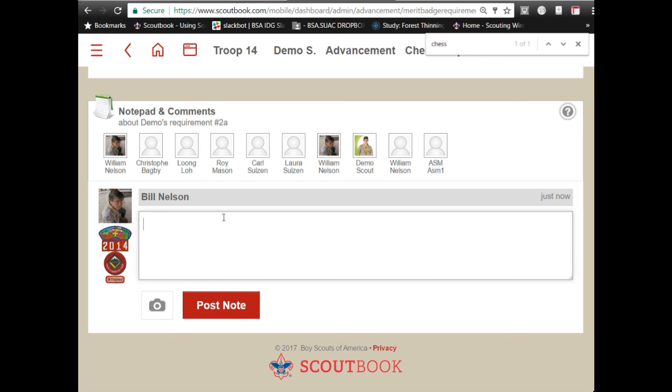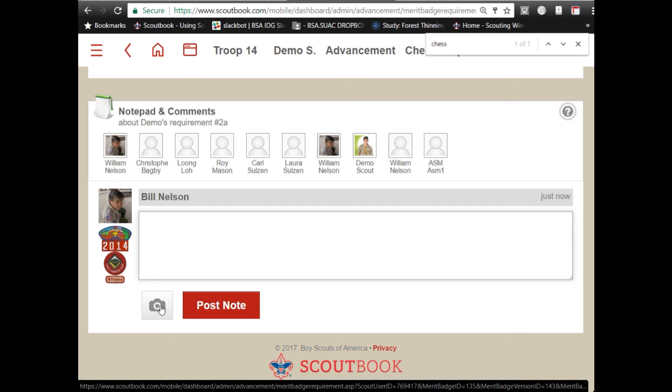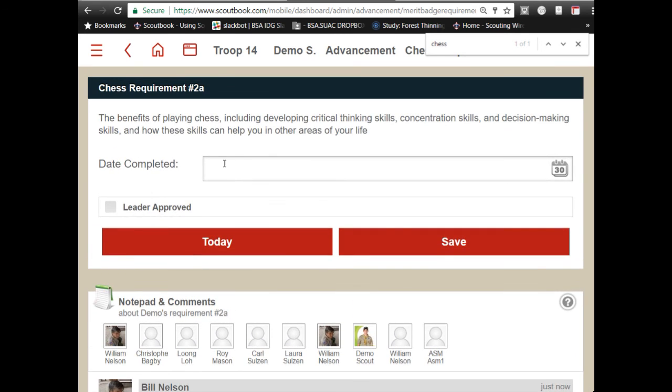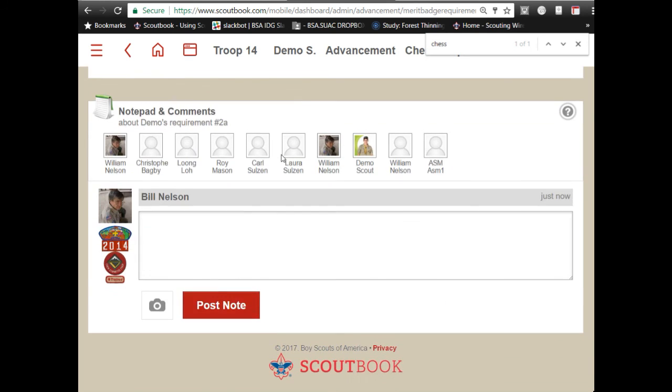They can read these notes as well, and they can put in pictures of examples of what they want to see to satisfy the requirement, and they can indicate whether the requirement's completed or if the requirement is approved. And then they can save all of that work